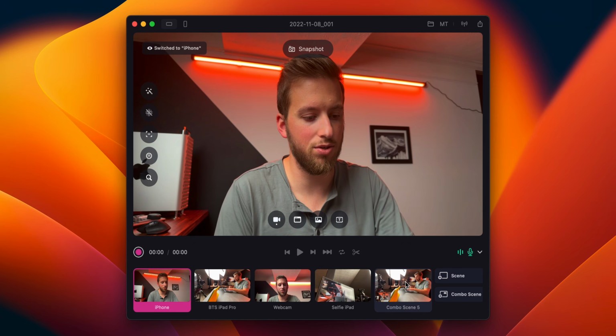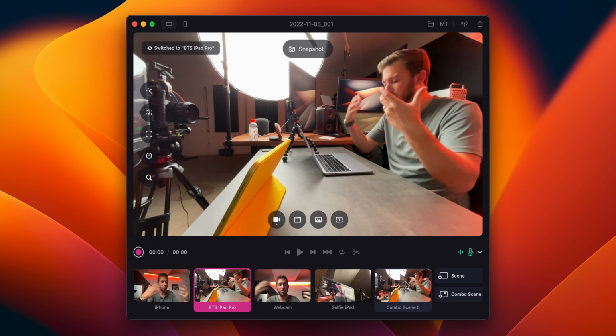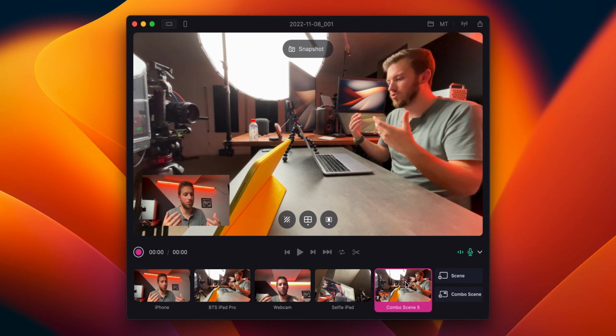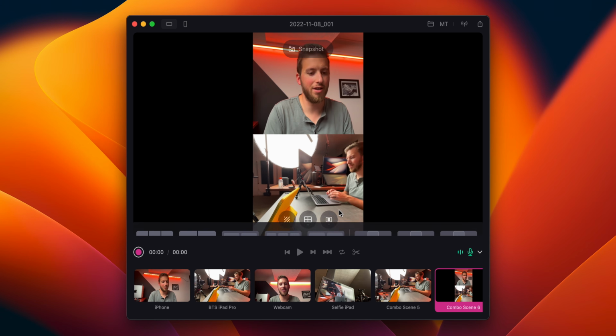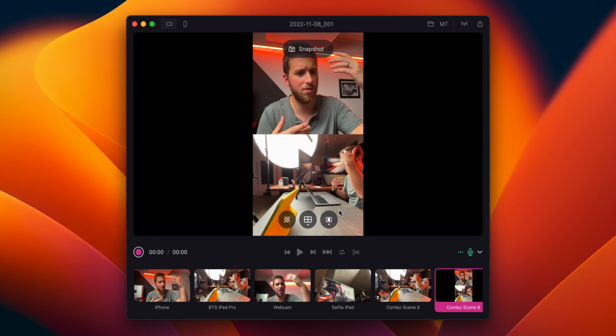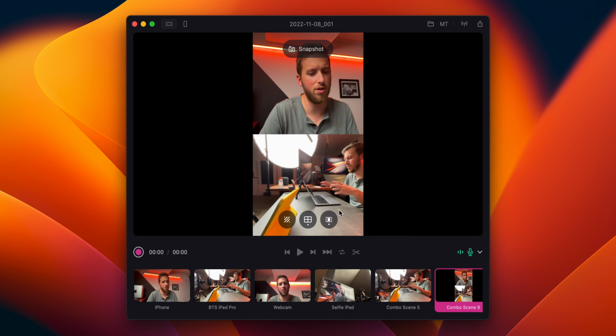So I can still switch between them as individuals full screen, or I can go to the combo scene here. And you can see all these different layouts for different combo scenes. And this is where it's cool that you can get your landscape and your vertical content all at once. So I can have this 2 up here. And again, normally I would have like my camera and then like computer screen on the bottom,